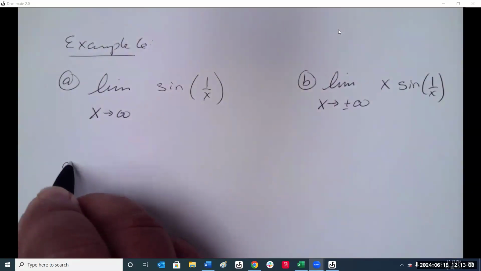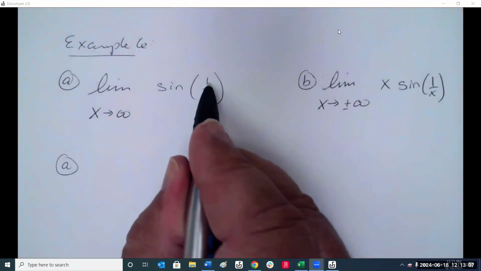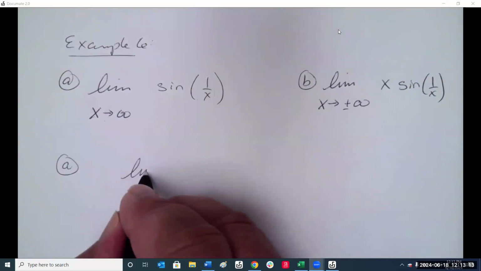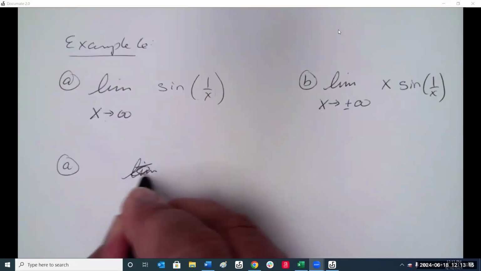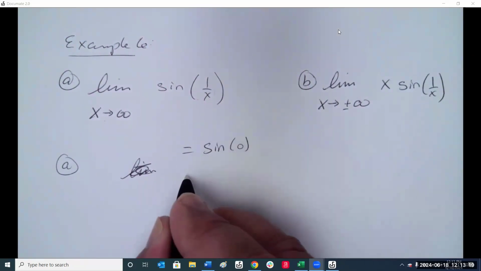So for A, let's look at inside here. As x goes to infinity, what happens inside there? Right, so that becomes sine of 0, which is